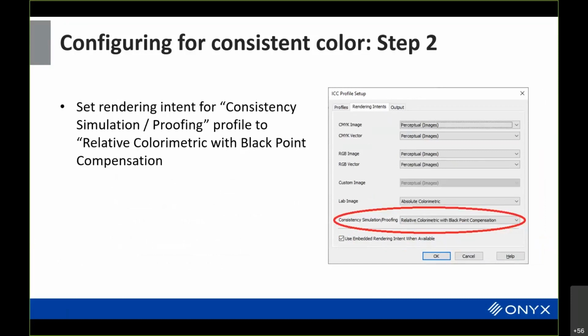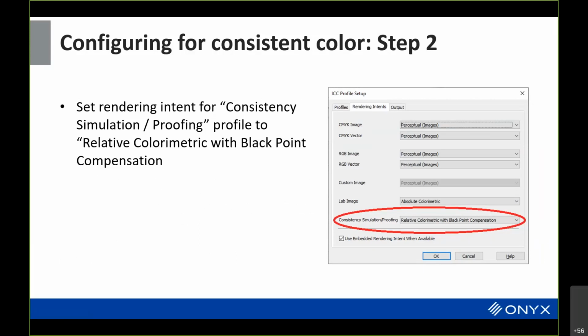In addition to setting up the profile, you also need to specify the rendering intent. I recommend that people use relative colorimetric with black point compensation. This is not trying to get a proof. This is trying to get more similar color. And it's not going to be exact, because if I go from one printer to another printer, the medias will be different. You really want white to stay white, and relative colorimetric allows the white point to be preserved, and black point compensation allows the darkest blacks to be consistently achieved. So it's not going to be the same as a proof, but you'll get more consistent results, and that's really the goal for doing all this.